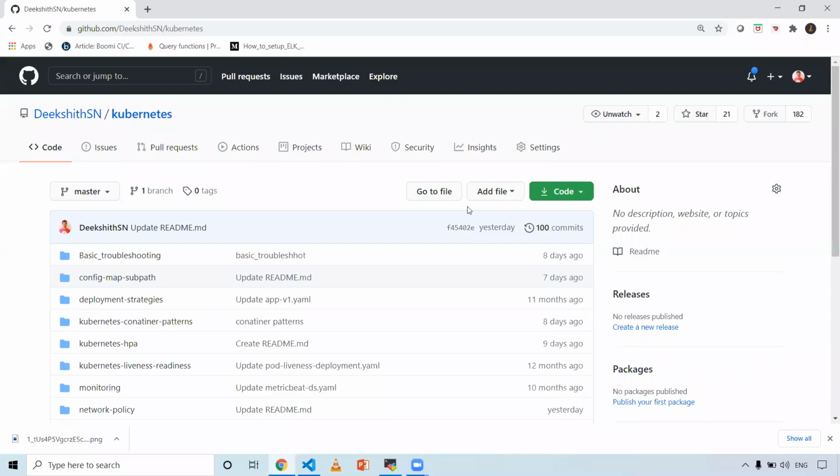Welcome to my channel. In this particular video, I'm gonna talk about the importance of subPath. While using a config map to copy a file from local onto the pod, if a particular folder in the pod already has files and you copy the config map onto that folder, what happens without subPath? We will see that first, and then how it behaves with subPath. So let's get into the practical.